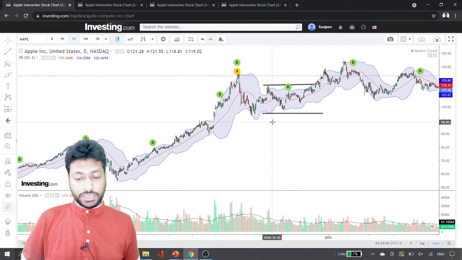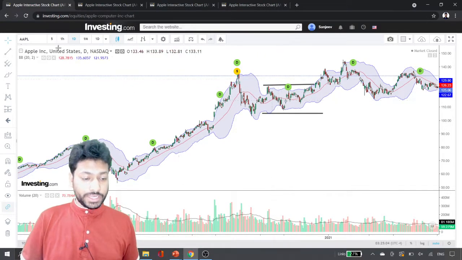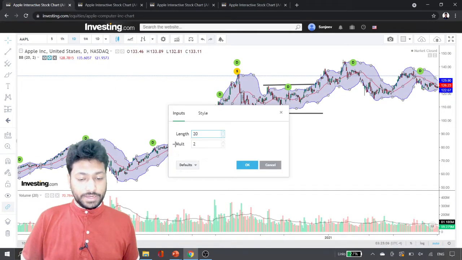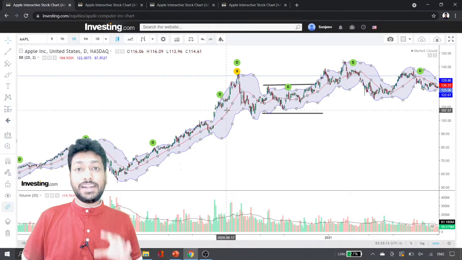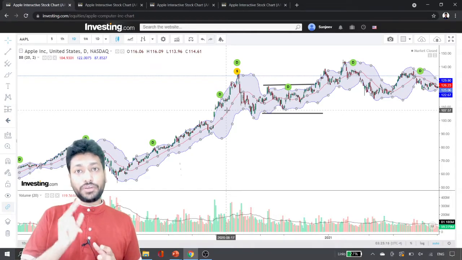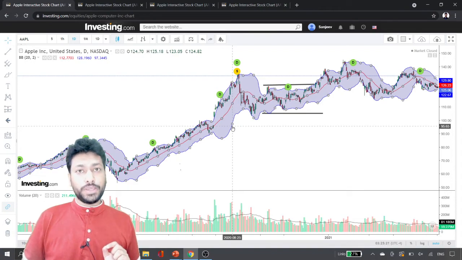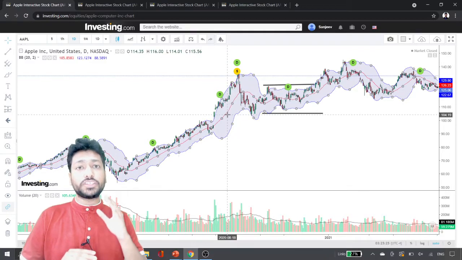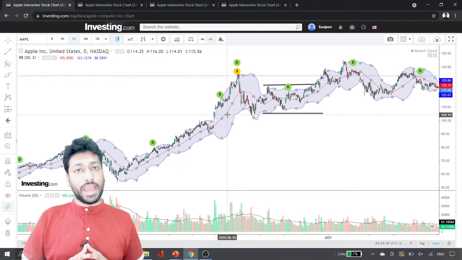You can see that the price is moving up and down inside this Bollinger Band. If you check the details of this Bollinger Band, the details show that length is 20 and mult is 2. What does it mean? It means that this red line is showing a moving average of 20 days, and these above lines, the blue lines, are showing the standard deviation of 2. So these are reflecting how much deviation there is from the 20 period moving average.